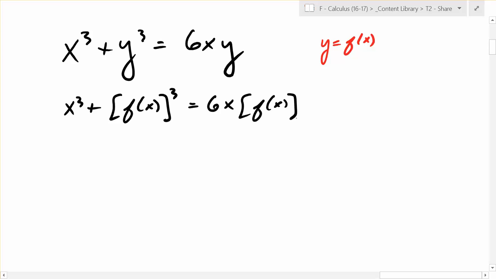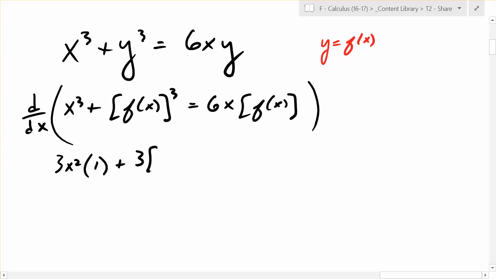Okay, nice. Now I take the derivative in terms of x. You're doing d dx. You're doing the derivative in terms of x. So what's the first one? What's the derivative of x cubed? It's 3x squared. And what's the invisible chain rule thing? 1. And then what happens here? You get 3 times what? Yeah, you don't change it, to the second times f prime of x equals, and then what do you have